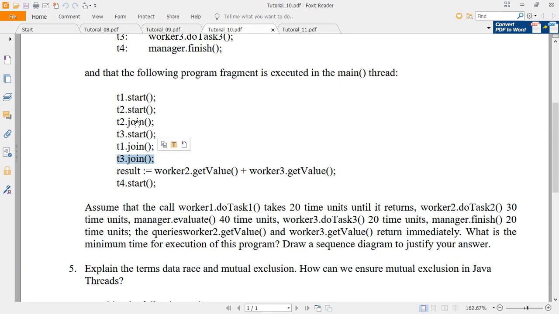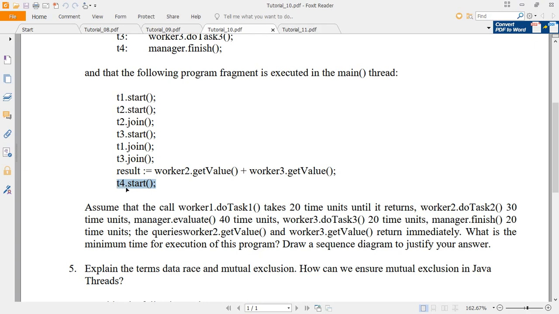By the time T3.join completes, 60 time units were spent. But along with T4, there is no other thread running concurrently. Hence T4 has to execute in its entirety. That means T4, that is manager.finish, required 20 time units.